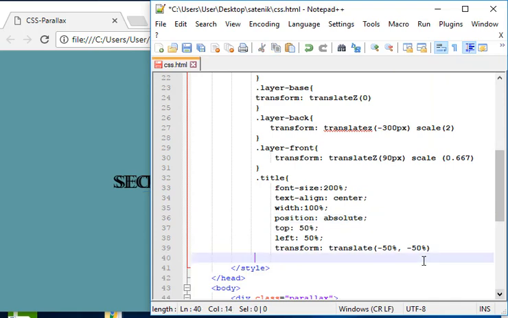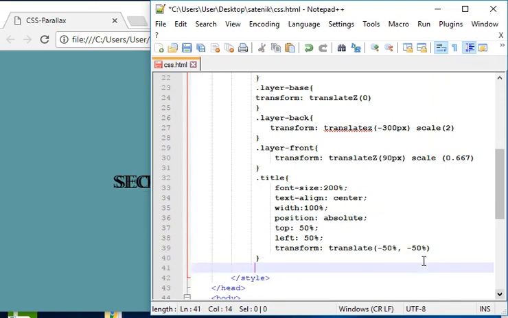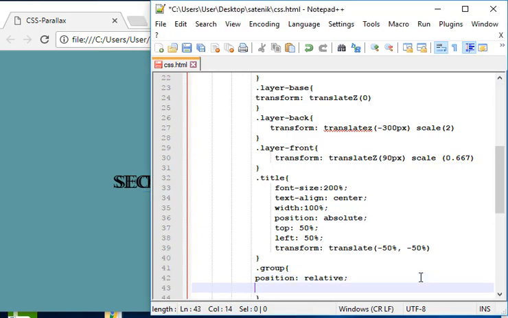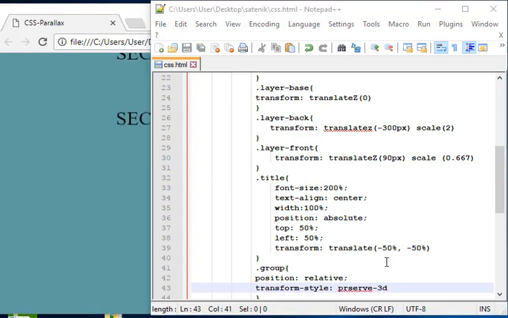And to move on, let's give some of our groups some classes. So group, I made an error here, group, here we go, and let's write in position relative, and let's add in a transform style, preserve 3D, and when we add this,